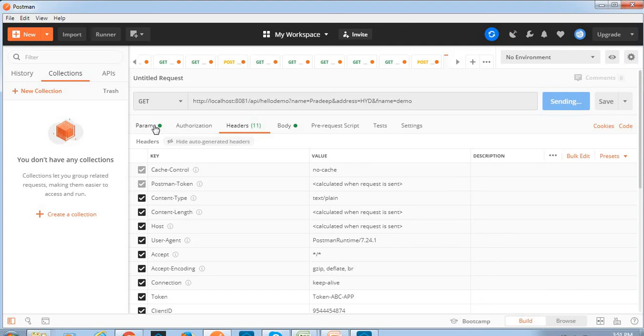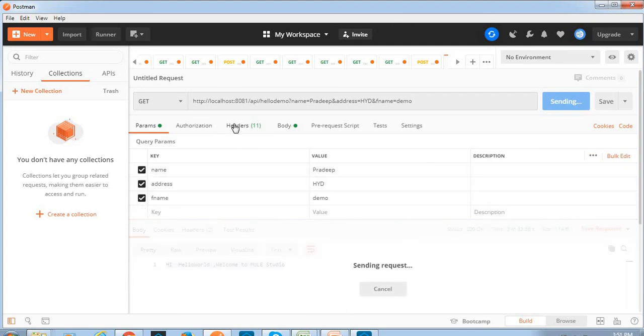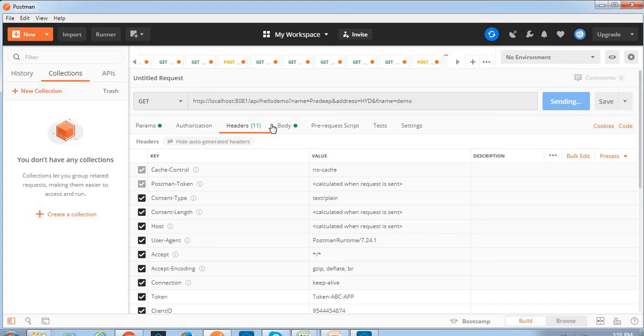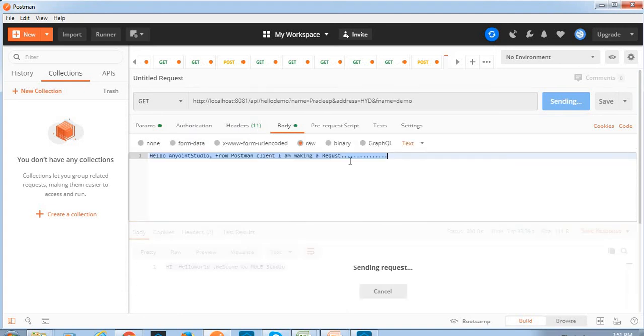send from the request the params, and we can send the header details, and this is the body I have given, and here if you want to share some JSON data, we can send the data as a body. See, here we have text, JavaScript, JSON, HTML, XML.